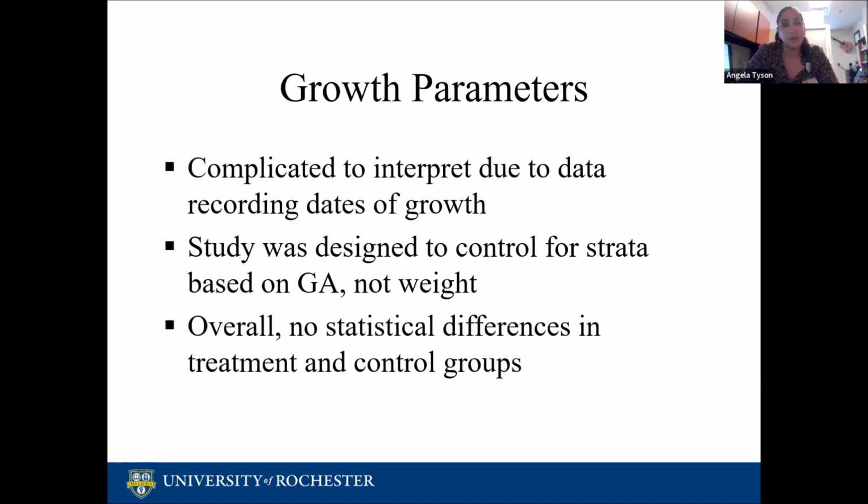So growth parameters. This was really, really challenging. And the Italians put together a study literally over a decade of multiple compiled sites to come up with trying to prove a difference in weight and growth parameters. The way our growth parameters are measured are both with z-scores and in centimeters and kilograms or grams of weight gain on every Monday. Now, we have additional data points on the day of birth and the day of discharge, but so much varies in between there. So much varies per attending that it is very challenging to make adequate inferences over actual